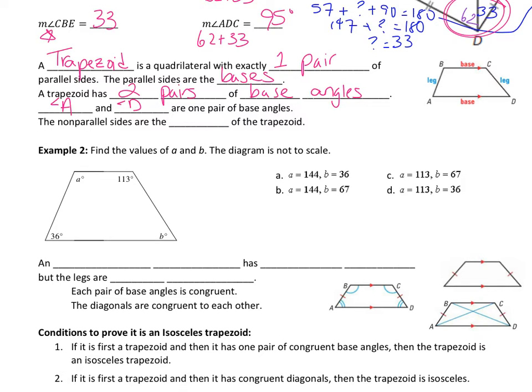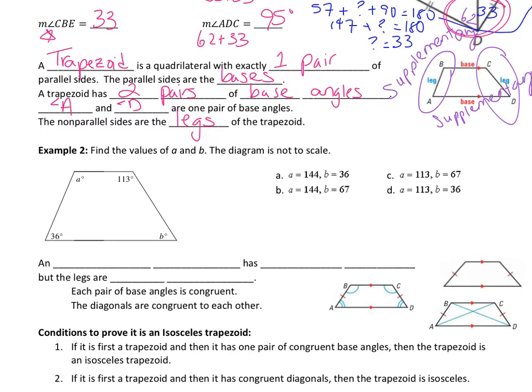and the other pair of base angles would be B and C. The non-parallel sides of the trapezoid, right here, are called the legs. Because we have two sides in our trapezoid that are parallel to each other, we can use ideas and properties of parallel lines to figure out some different angles. That means that A and B are consecutive angles, and those are supplementary to each other because of these parallel